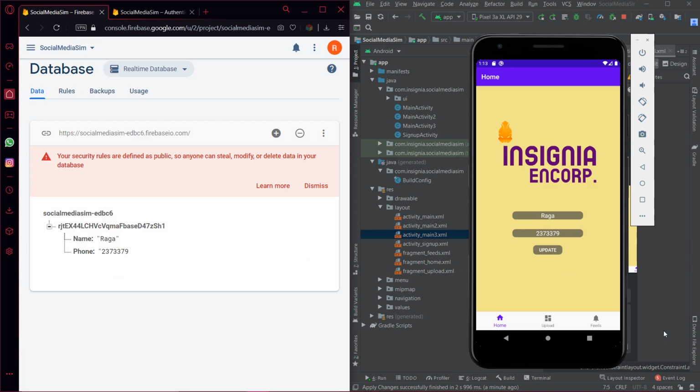So everything is done. On the next video, we'll have something like how to do content upload to Firebase and content retrieve from Firebase. We are gonna upload an image to Firebase and then we are gonna retrieve an image from Firebase. That is, we are gonna see the next two major sections of our applications together.